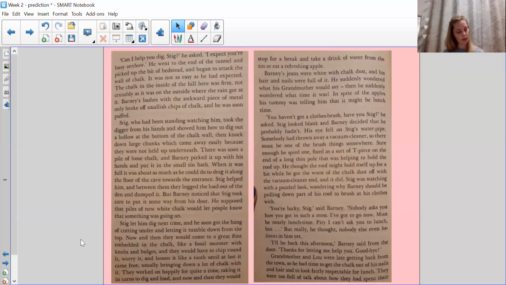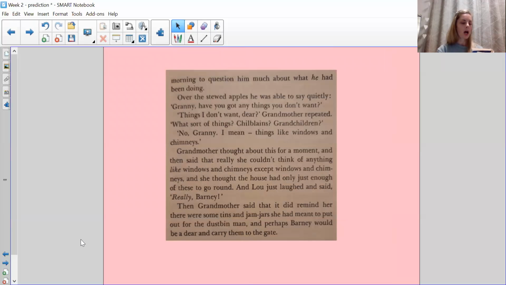so he had time to get the chalk out of his nails and hair and to look fairly respectable for lunch. They were too full of talk about how they had spent their morning to question him much about what he had been doing. Over the stewed apples, he was able to say quietly, "Granny, have you got any things you